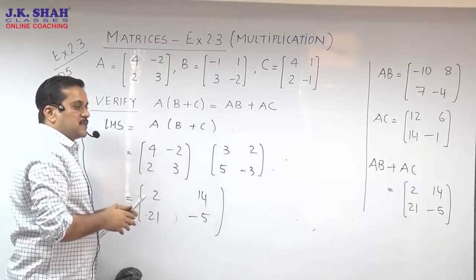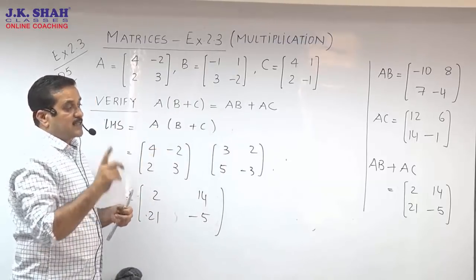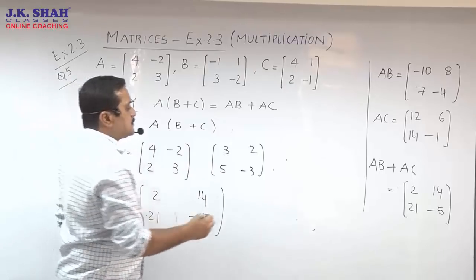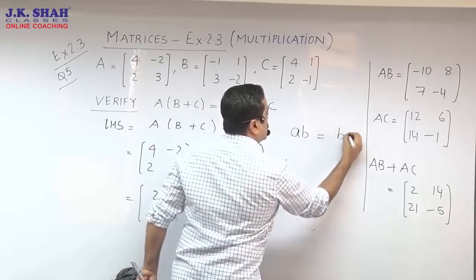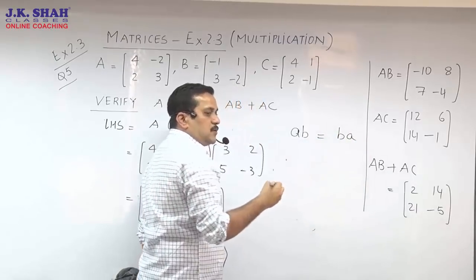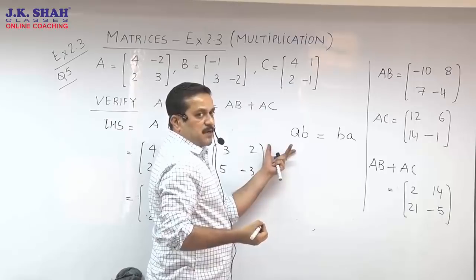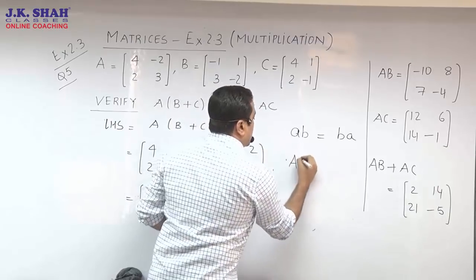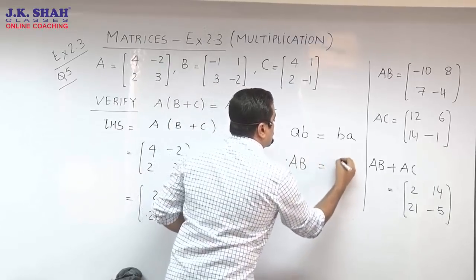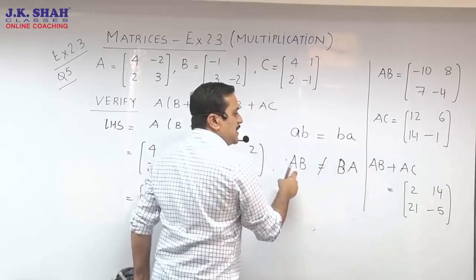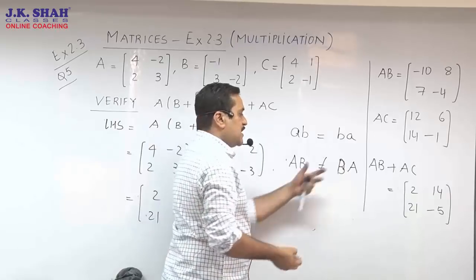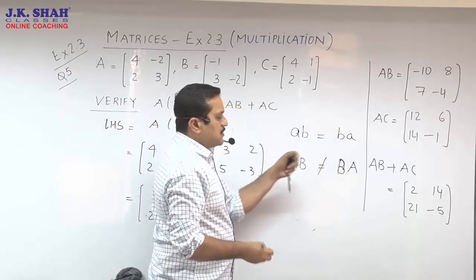So even matrices follow a few rules of algebra except one. Just need to remind you. A few minutes ago I just said that AB is equal to BA in algebra. You do 2 into 3, 3 into 2, the answer comes the same. But not in matrices. In matrices we just saw that AB is not equal to BA. To the extent AB may exist and BA may not. Or BA may exist and AB may not. Just to remind you of that.